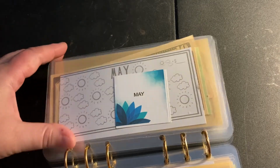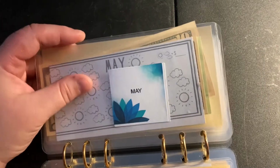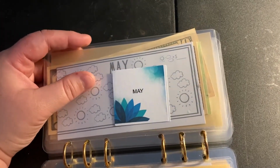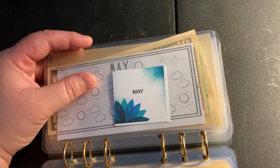All right, now we're moving into May, and May is also an envelope. I believe that may be moving over. What is May? May is...